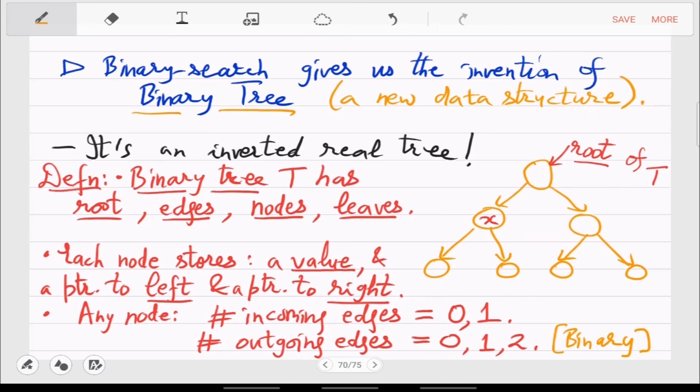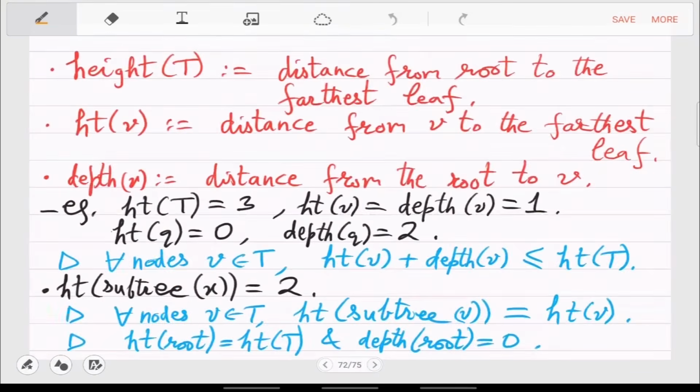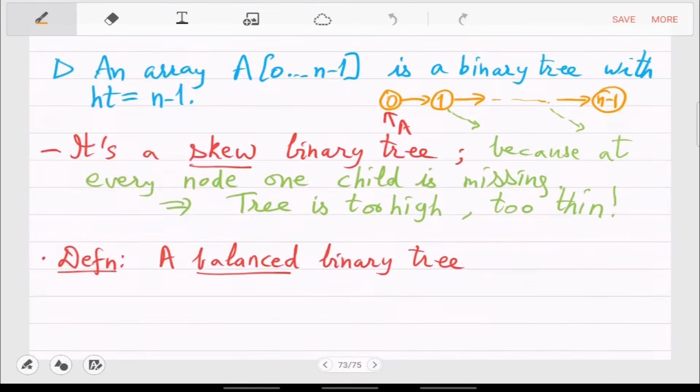Those things are called complete binary tree. That's much more than balanced. So maybe I'll give that as an example. But here in balanced, we will use something more sophisticated, which is that the left subtree size and the right subtree size should be almost the same.